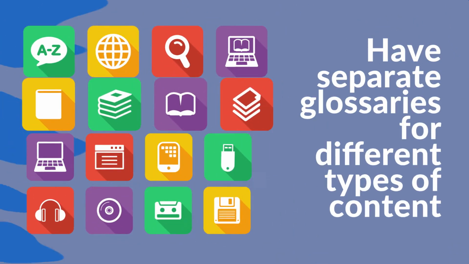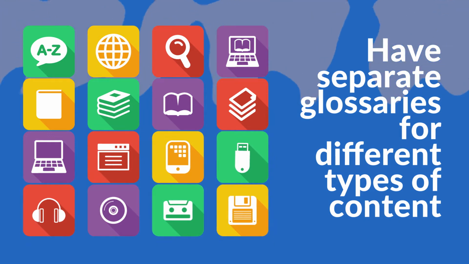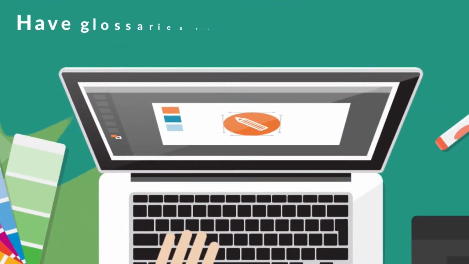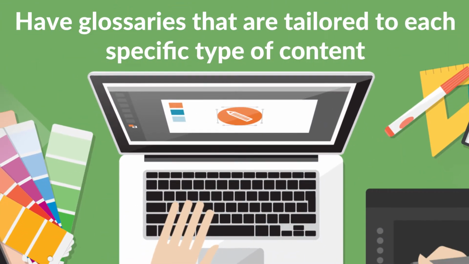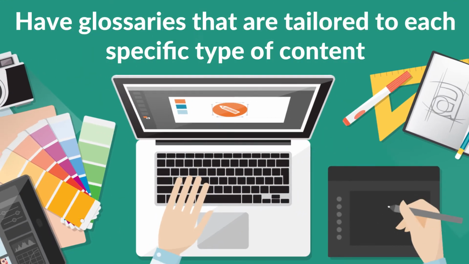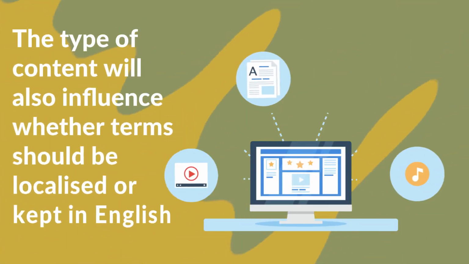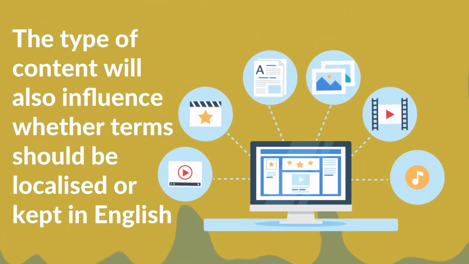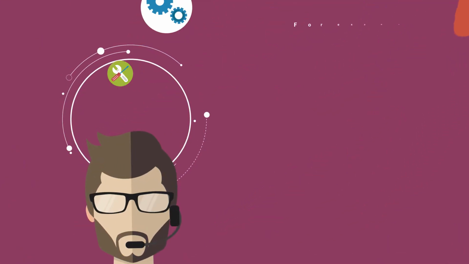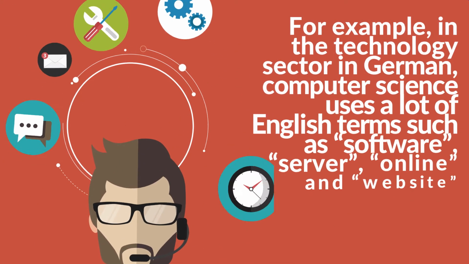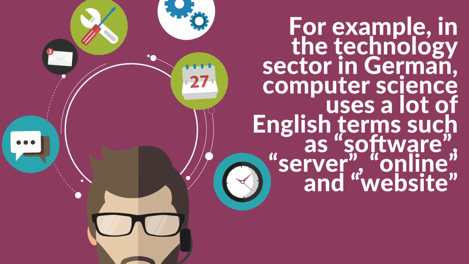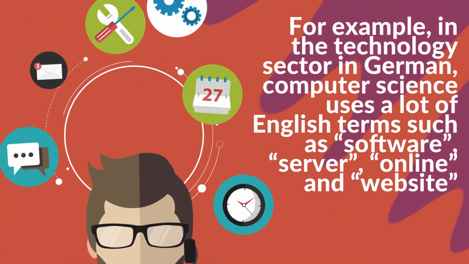Secondly, have separate glossaries for different types of content. It's a good idea to have glossaries that are tailored to each specific type of content, such as technical manuals versus marketing materials. The type of content will also influence whether terms should be localized or kept in English. For example, in the technology sector in German, computer science uses a lot of English terms such as software, server,